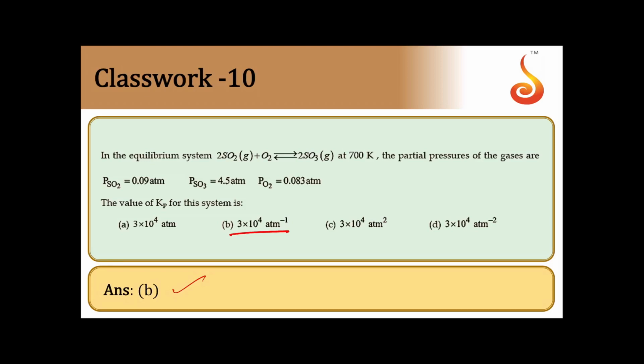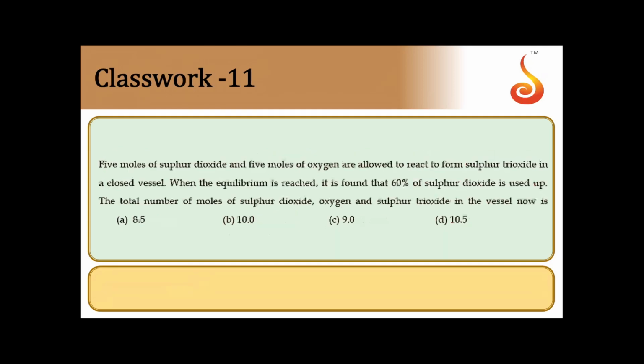And here one more point is all the values are same here, and if you are seeing the equation here, 2SO2, O2 and 2SO3, delta n value became equal to -1. So delta n is equal to -1 implies units will be equal to atmospheres inverse. So therefore option will be option B. We have to see the units also. Units atmospheres inverse we have because it's coming from delta n value which is equal to -1.